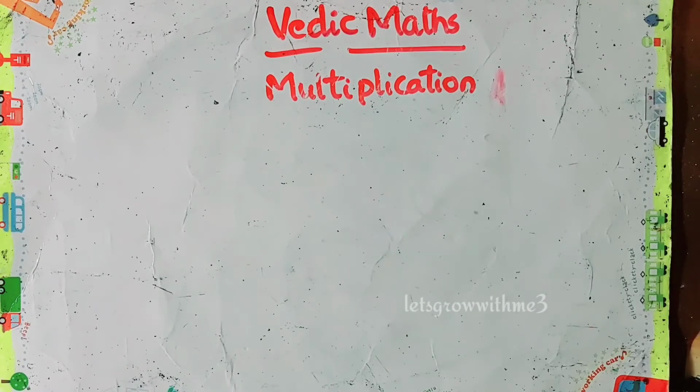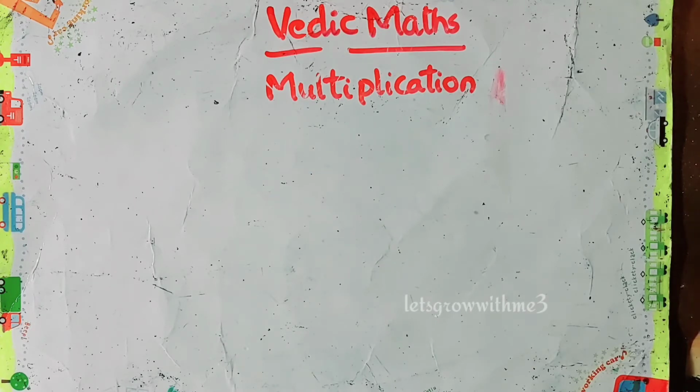Today also we are going to discuss multiplication, which we already started in the earlier videos. We have discussed different kinds of examples like 2 digit times 2 digit, 3 digit times 2 digit, 4 digit times 2 digit, and in this video we are going to discuss 5 digits times 2 digit. Let me explain how you will do it in the conventional method. Later we will see how we implement this concept in the examples.